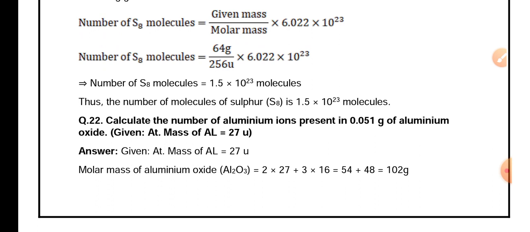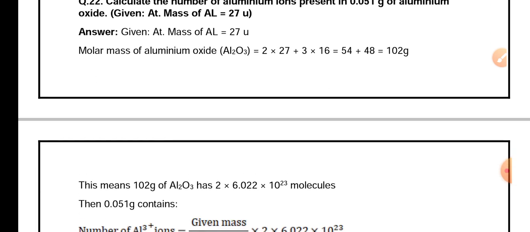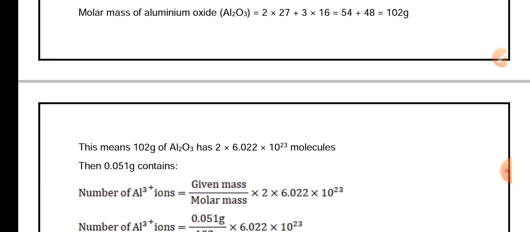Al2O3 is equal to 2 into 27 plus 3 into 16, which is equal to 54 plus 48, which is equal to 102 grams. Next, this means 102 grams of Al2O3 has 2 into 6.022 into 10 to the power of 23 aluminium ions. Then